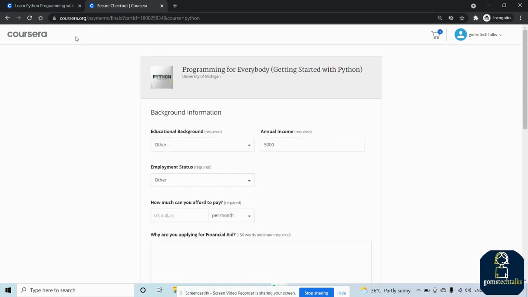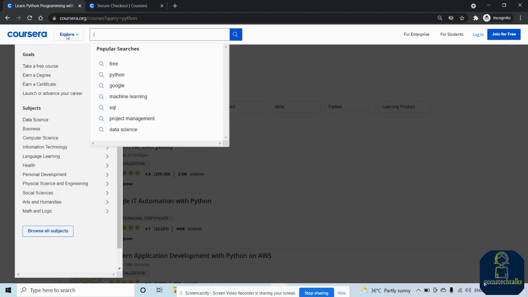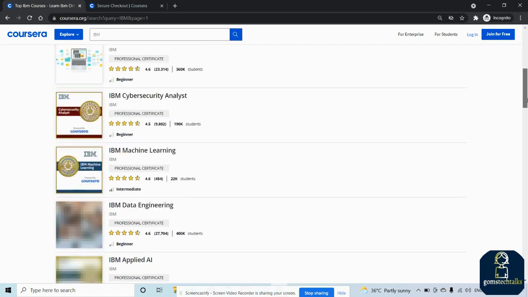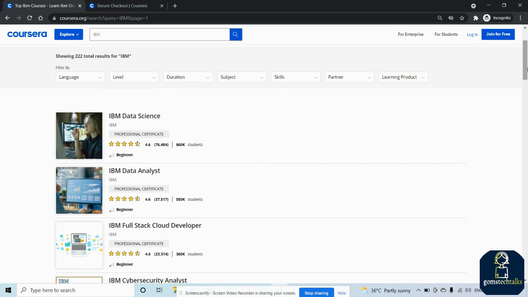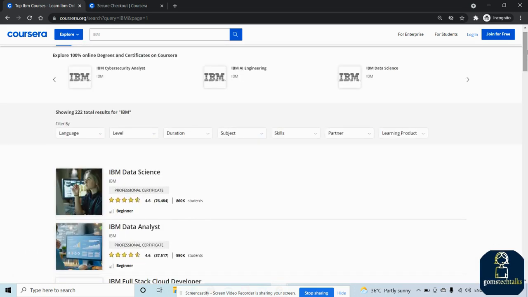Doing a course on Coursera is really highly qualified, and those certifications and badges are considered by almost all the companies. Even if you want to search based on the company, like IBM, just click that and you can see the courses which are offered by IBM. Almost every course will have financial aid. So all the best. Apply today and enroll. Even if you apply, please give genuine reasons and genuine answers.